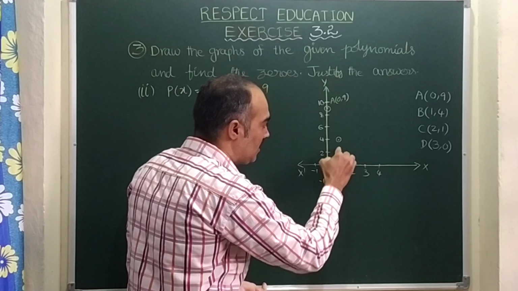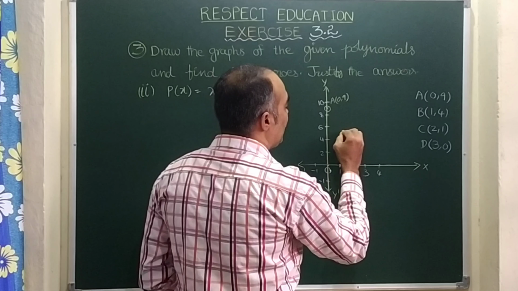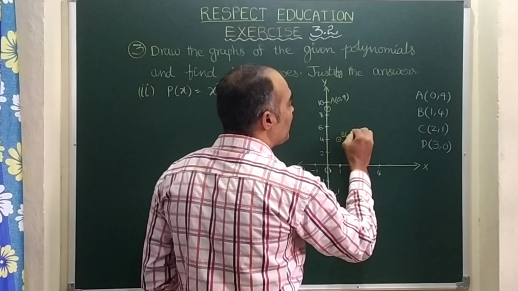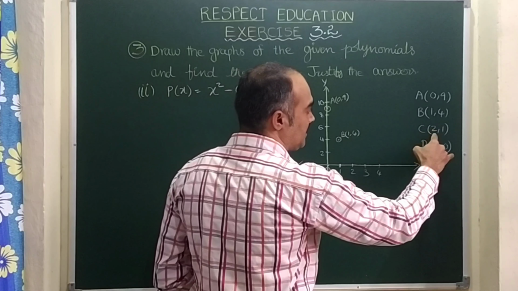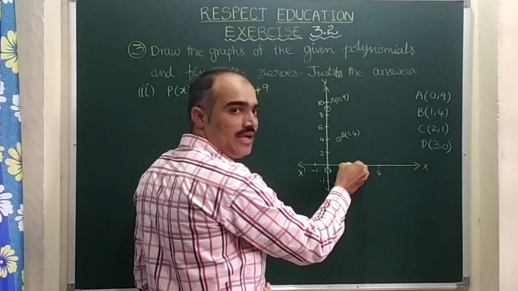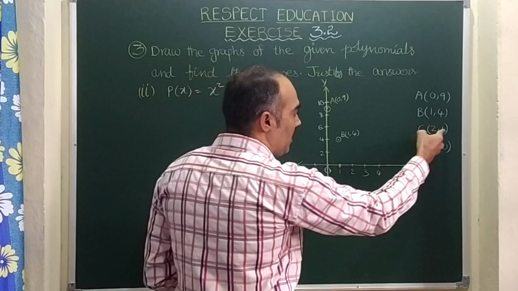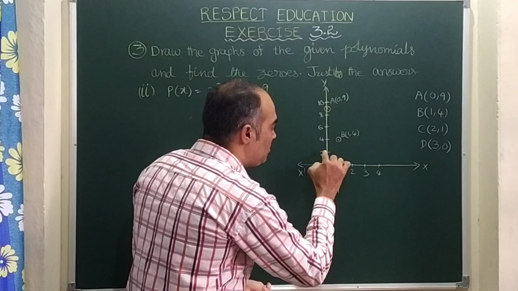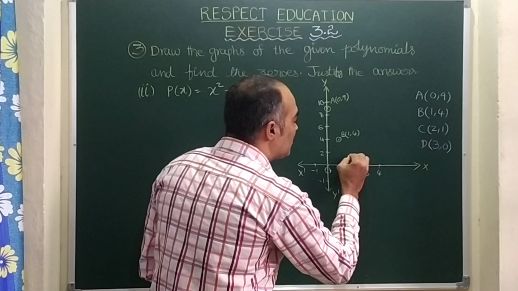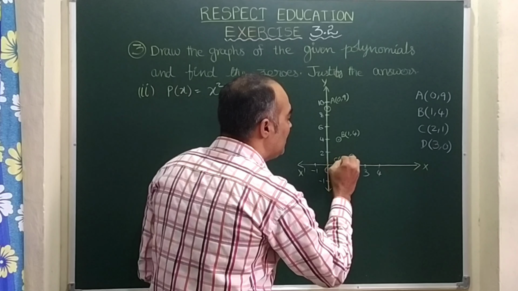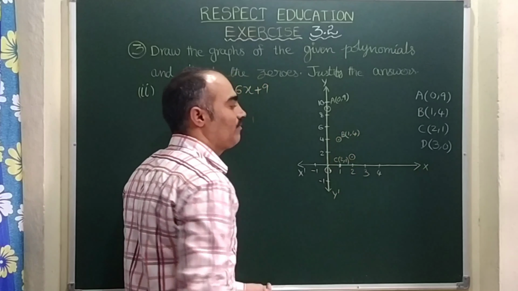This indicates x value 1, y value 4. So here we can write it as B (1, 4). Now the third point, C: 2. See here, I am ready at 2. Then 1. See here, between 0 and 2 one line is there. That one is 1. That indicates (2, 1). So here I am writing C (2, 1).